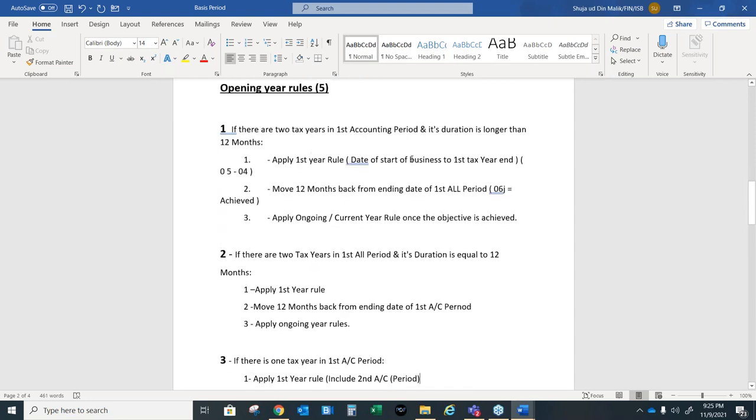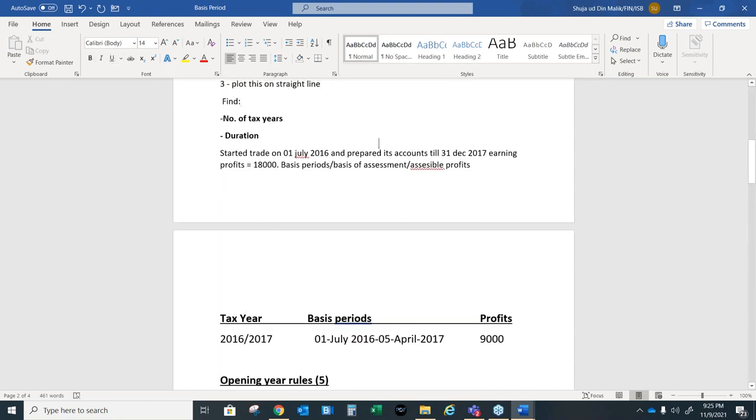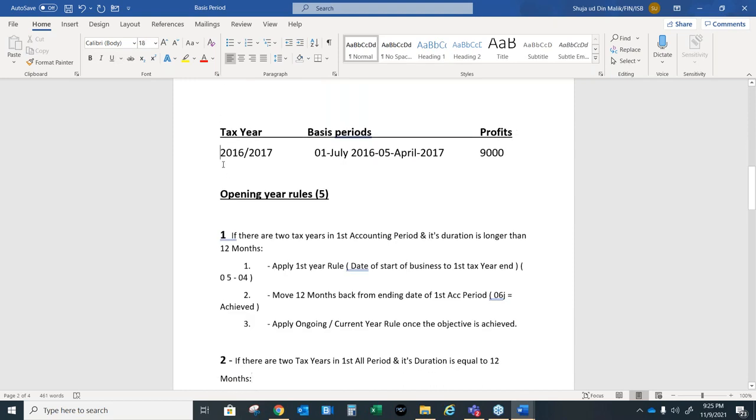But it says once you have applied the first year rule, you have to move 12 months back from the ending date of the first accounting period. Okay, and this will be achieving the objective. What will be the next tax year? 2017/2018. And if we move 12 months back from the ending date of the first accounting period, the first accounting period ends on 31st December 17. So it will be coming back to 1st